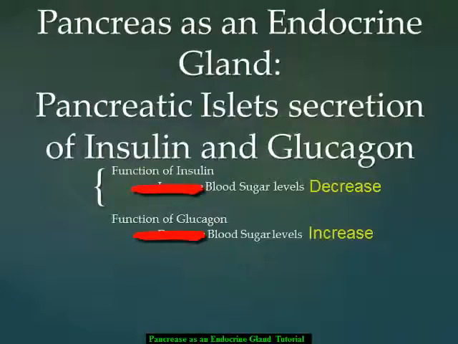Now the function of insulin is to decrease circulating blood sugar levels, and the function of glucagon is to increase blood sugar levels. The insulin is produced by beta cells in the pancreatic islets, and the glucagon is produced by alpha cells in the pancreatic islets. So we're going to begin by diagramming the interaction between these two hormones and how they help maintain homeostatic blood